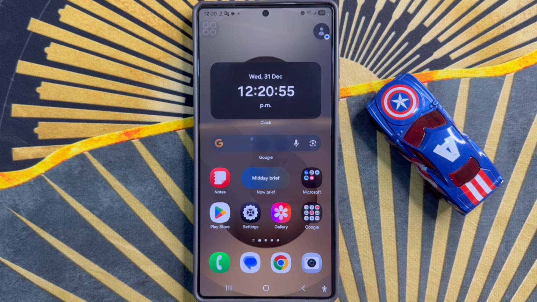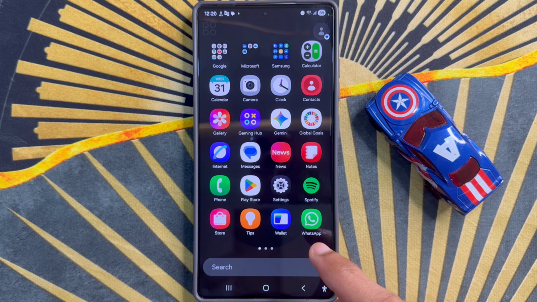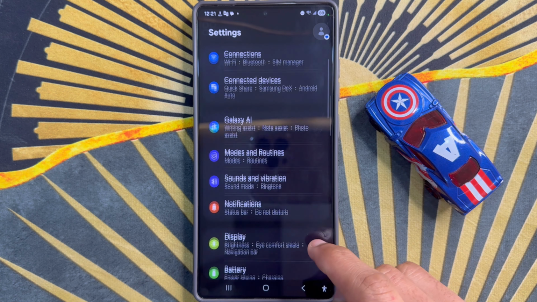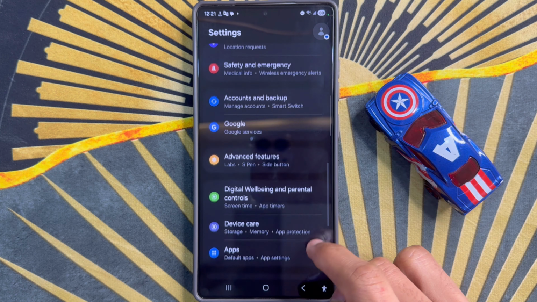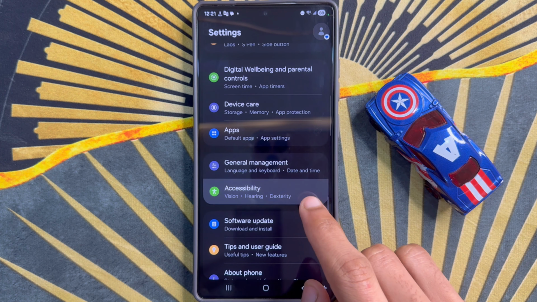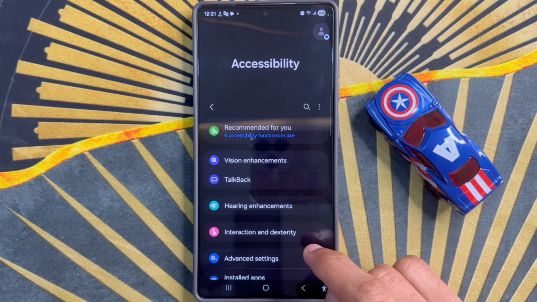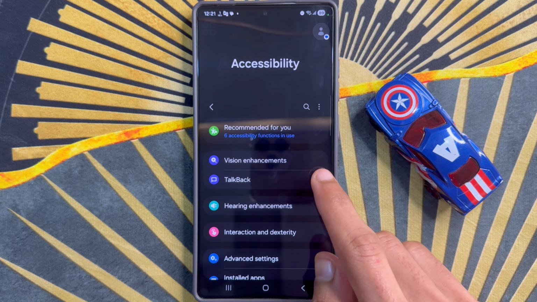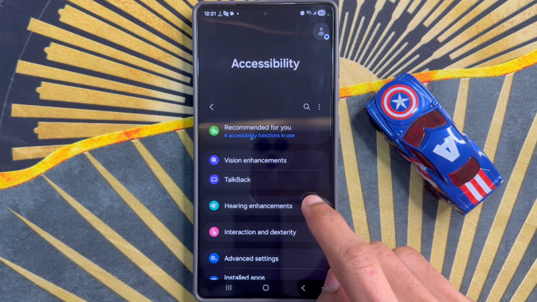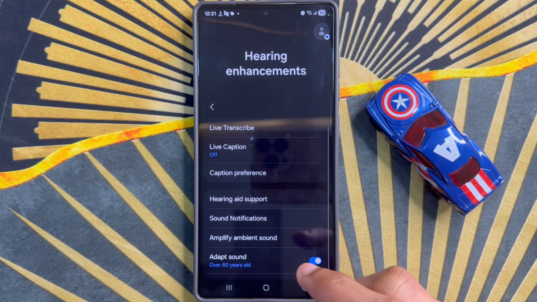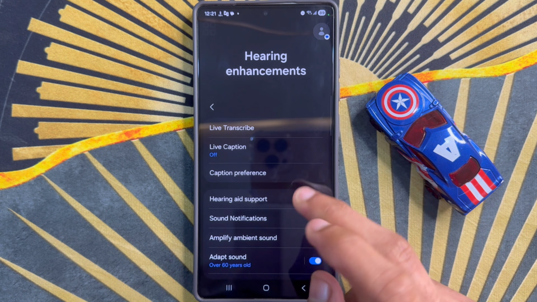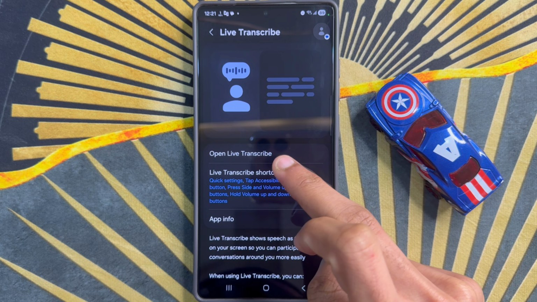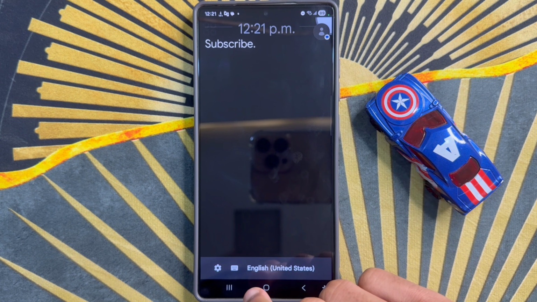First of all, go to app library. So here click on settings app. Now in settings, scroll down and click on accessibility. Now here, click on hearing enhancement. After clicking on hearing enhancement, click on live transcribe and click on open live transcribe, and you will see